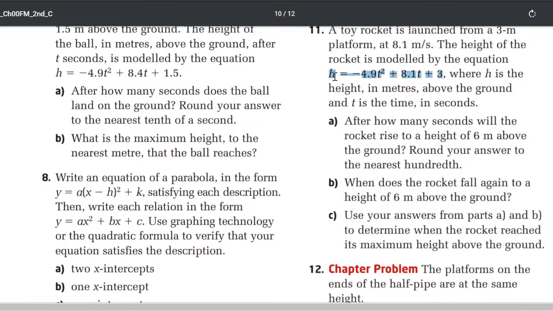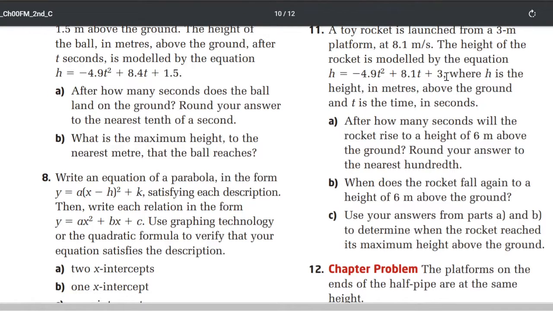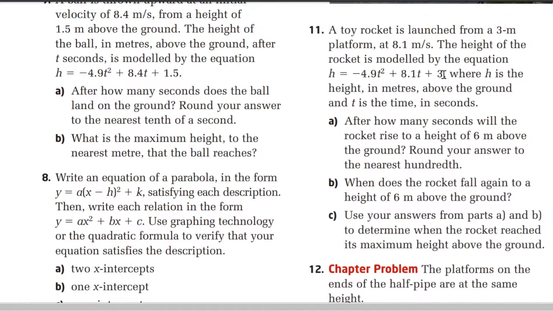So after how many seconds will the rocket rise to a height of 6 meters above the ground? So to do that portion, we would set h equal to 6. So this is just like the last example we did. We set h equal to 6, and then you'd rearrange that. So you'd move the 6 over. It'd be negative 4.9t squared plus 8.1t minus 3 would end up being the equation. You'd sub the a, b, and c into the quadratic equation. That would give you two values for that, and those two values, it says